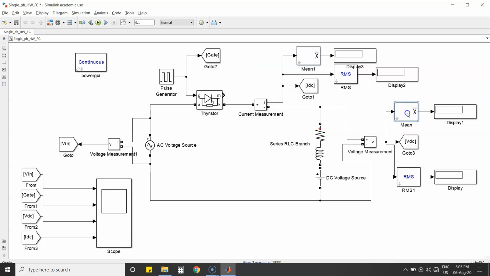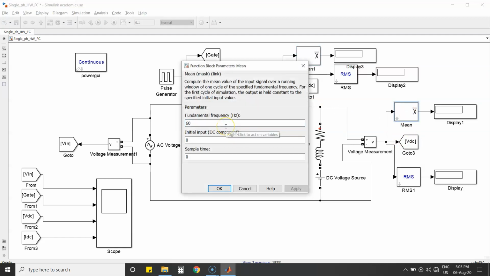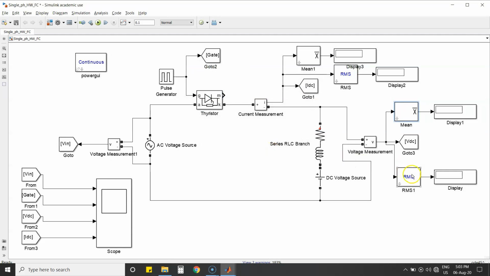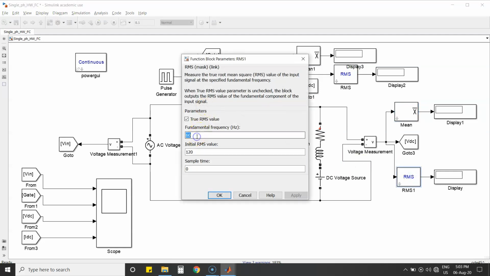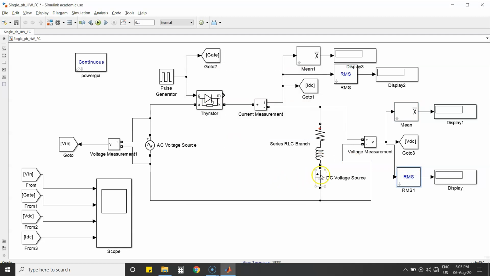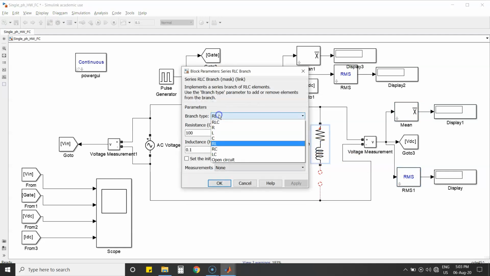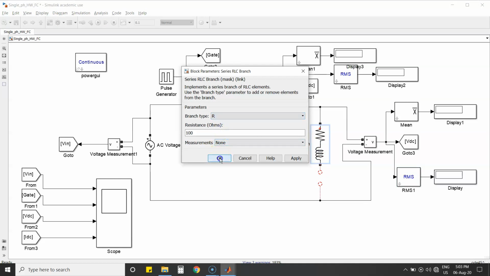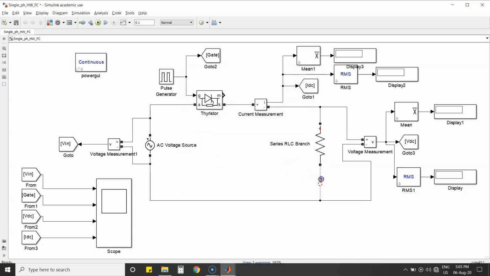If you choose a block with 60 Hz, there will be a mismatch of your output with the theoretical value. Let us measure this for R load alone, instead of RLE load. So run the simulation.